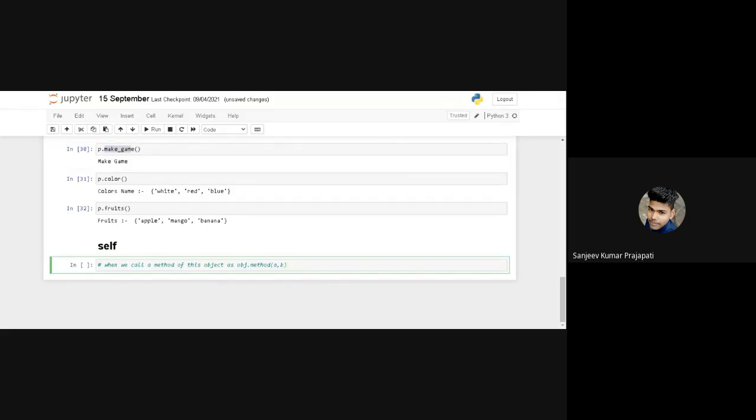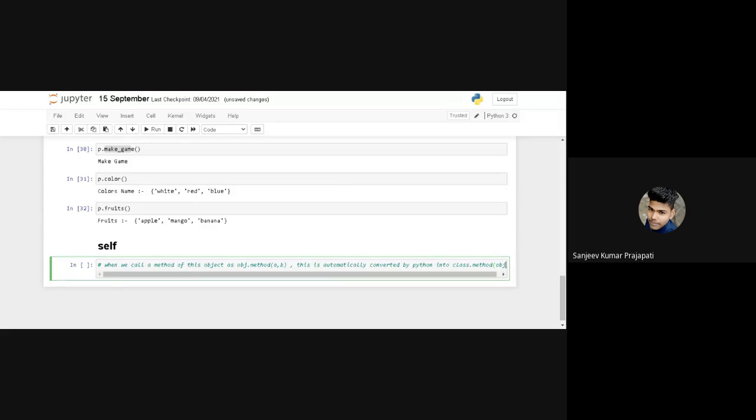This is automatically converted by Python into my class and method, and by default it takes an extra argument, the object: obj comma a comma b, so it contains the extra argument.